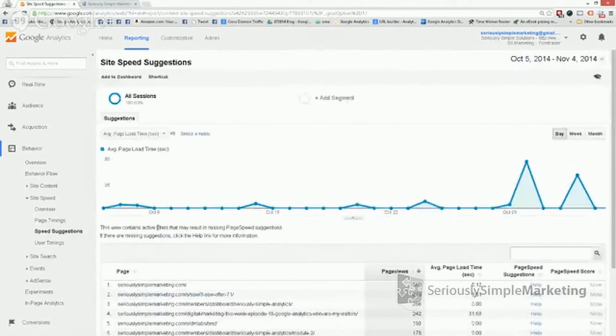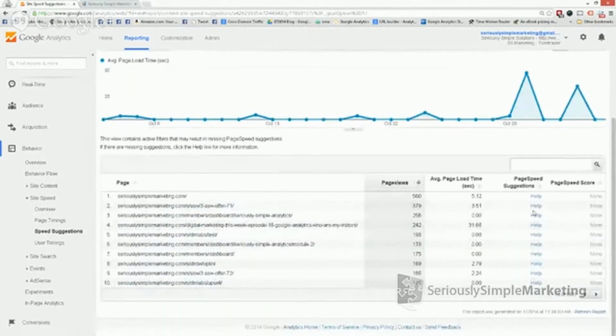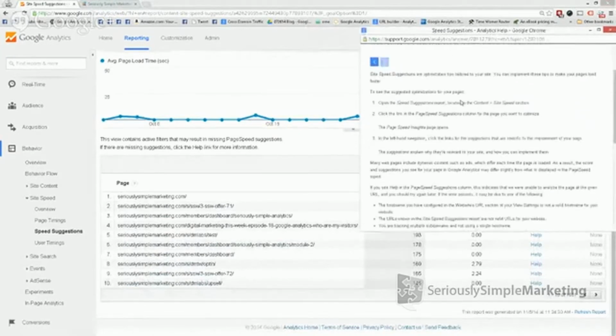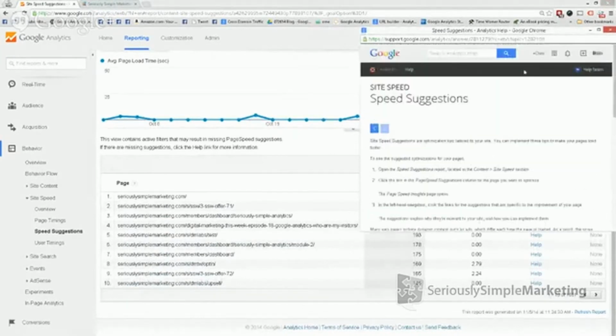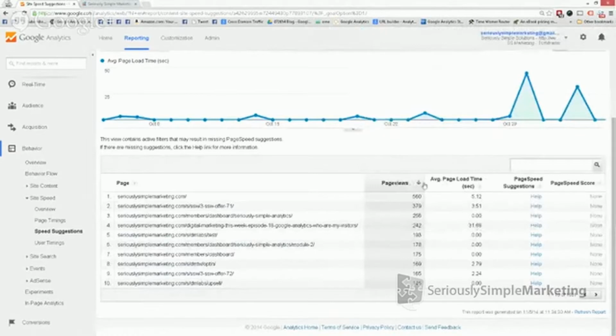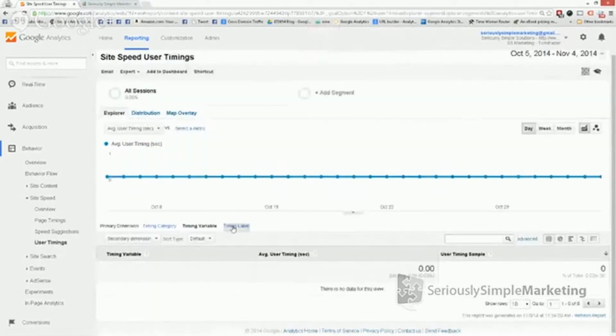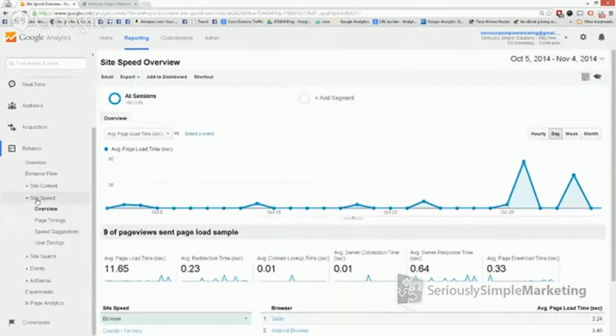Google will also give you speed suggestions if it can, and it'll go through and give you just some ideas. You just click on this little help page, and then it'll give you some topics. Now, some of these are pretty routine because it's just giving you the same URL over and over again, but it gives you an idea. User timings will actually tell you, I don't think I actually have any data for this view. This will tell you based on users that are set up, and we don't actually have users set up. So the different users that are in there, we don't use that obviously, but you're more welcome to click around.